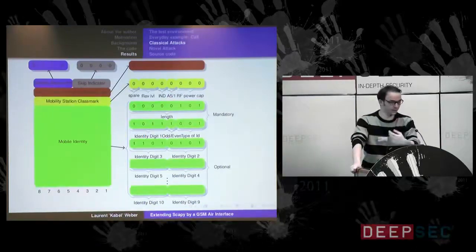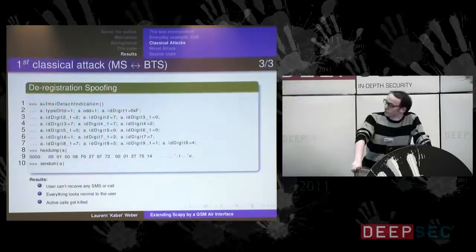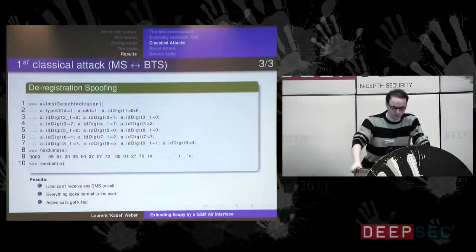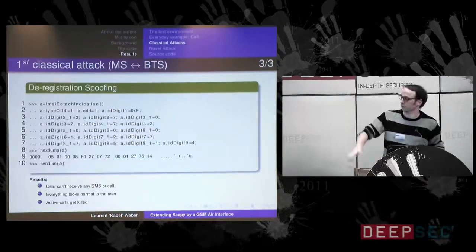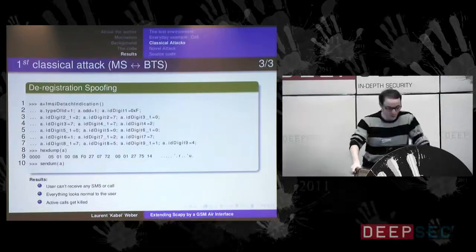The first byte, the length, is computed by the tool. So if you set the full packet, it would look something like this. You create the packet, then you set the values and have the whole packet as a hex dump at the end, and you can send it.